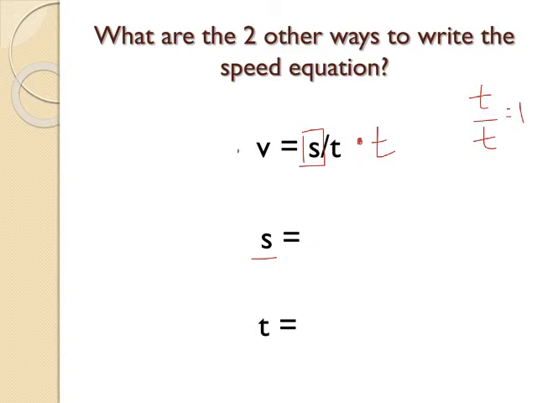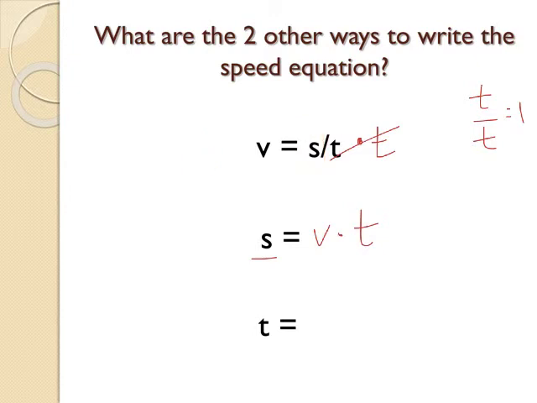Okay, so whatever you do to one side, you must do to the other side. So these guys are going to cancel out. That's just left with 1, and s times 1 is s. So s is equal to our speed times our time. So your distance, or your position, is equal to your speed multiplied by the time it takes to go that distance. Okay? Now, trickier one